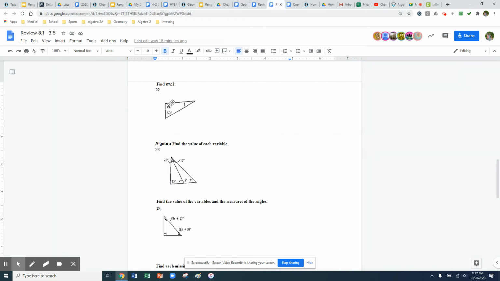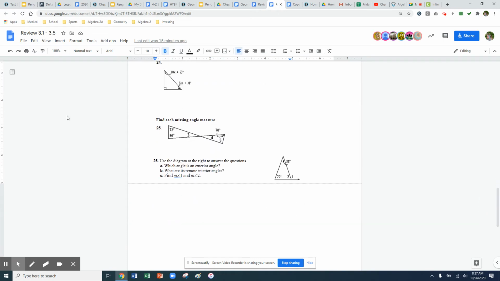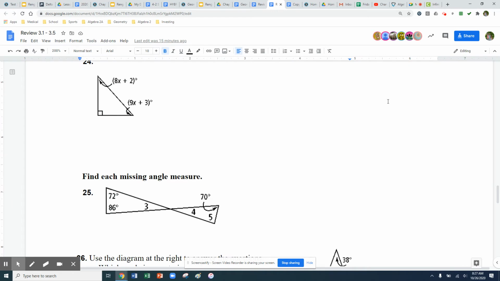So number 22 I was going to go over, but we kind of did that with those algebra problems that we just went over. So we have 92 and 63. We just got to figure out how many degrees are left for that angle 1. That one's pretty basic. But if we head down to 26 here, we're looking at that remote